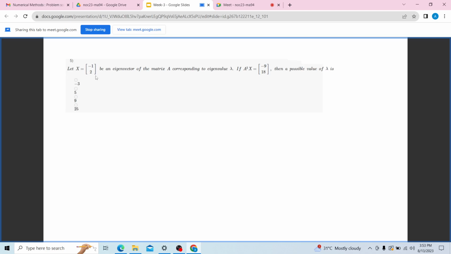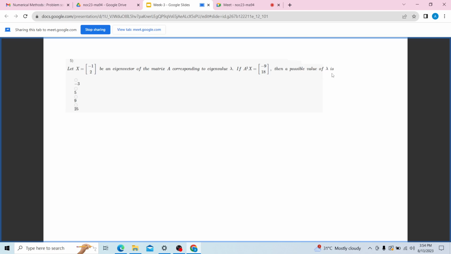let x equal the column matrix [minus 1, 2] be an eigenvector of the matrix A corresponding to the eigenvalue lambda. Fine. So there is one eigenvalue lambda, and corresponding to that you have been given one eigenvector x, that is the column vector minus 1 and 2. So if A square into x is equal to [minus 9, 18], then a possible value of lambda